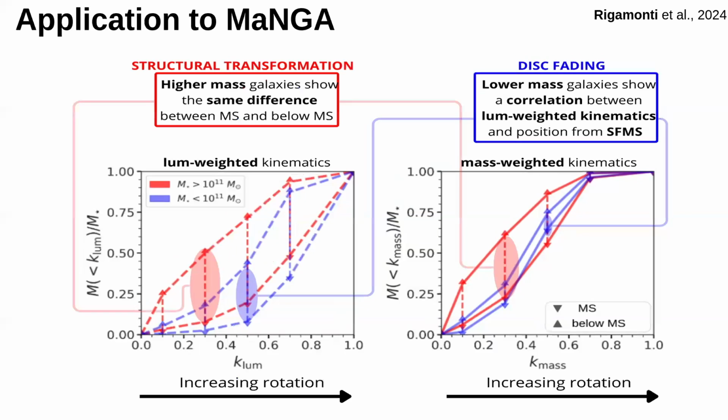The picture is different at higher masses. There we have a similar scattering in both cases. And what is happening there, we believe, is that another process, which is quenching your system or halting star formation, is happening on a similar time scale with the structural transformation of the galaxy. More likely, violent processes such as mergers are dominant in that mass range.